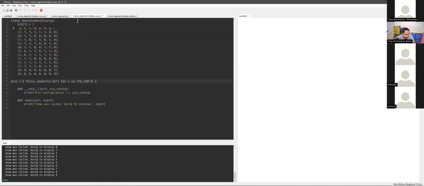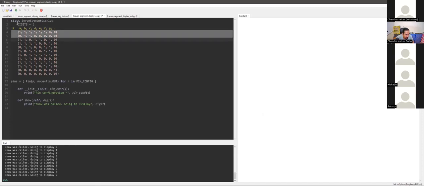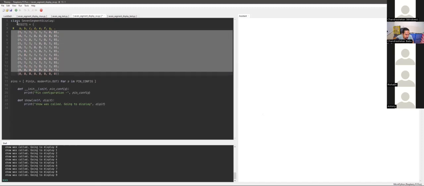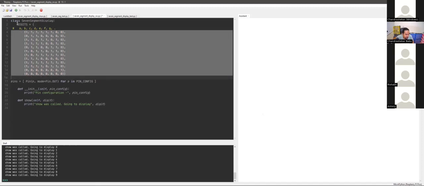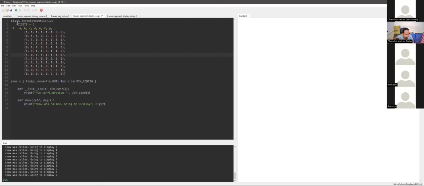Now here, I have something called digits created here. The digits, let it be at the class level. This is some class specification, some data attribute for the class. Let it be as this. Make sure it's indented correctly. Let me make it more beautiful. I want to indent it even more, further down, so I'm just going to put a tab here. And then accordingly,